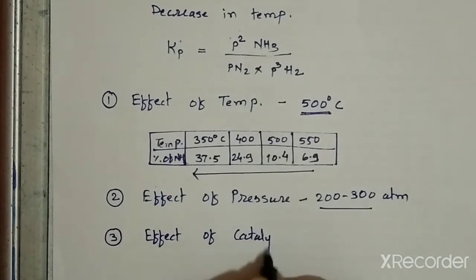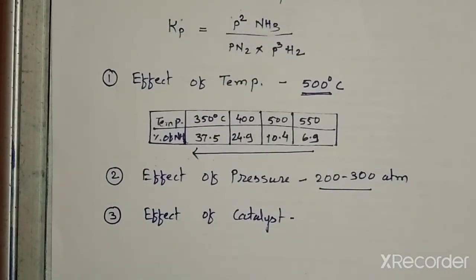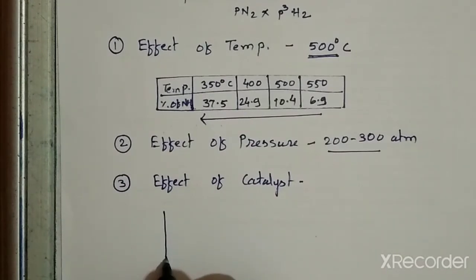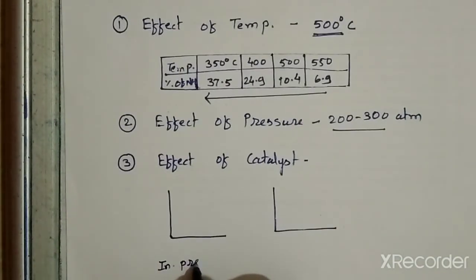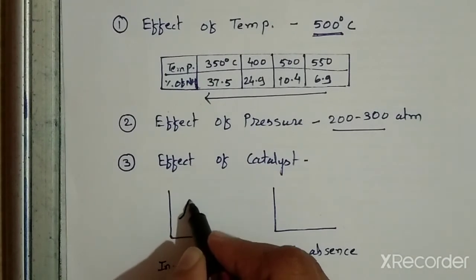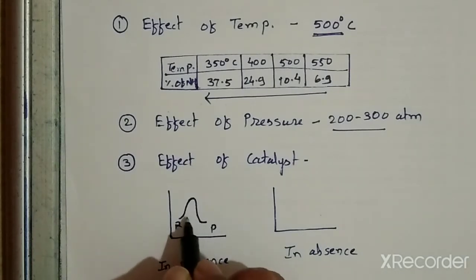Catalysts are those substances due to whose presence the rate of reaction is increased. It does not actually participate in the reaction, but it alters the reaction. To see that alteration, we will look at a simple diagram of what happens in the presence and in the absence of catalyst. This is a diagram in the presence of catalyst. This is the transition state required for the conversion of reactant into product,